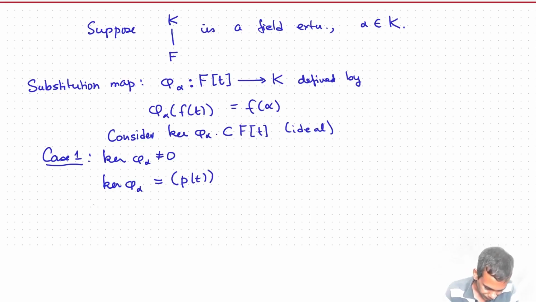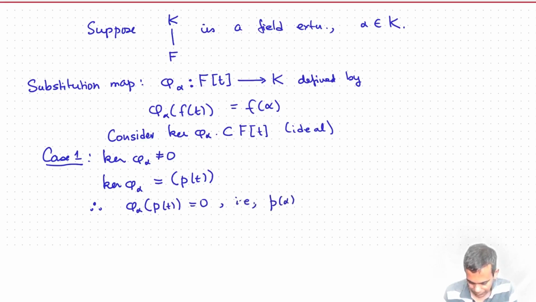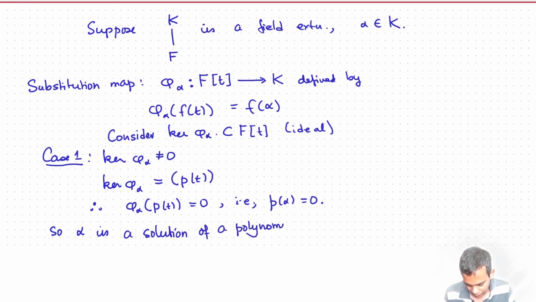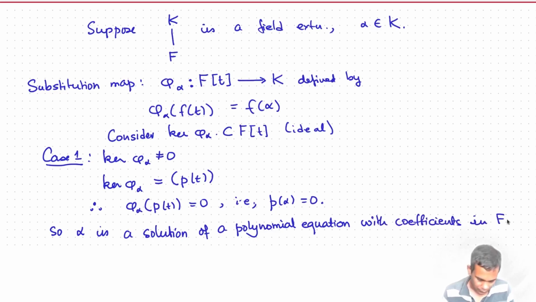This means that phi alpha of P is 0, i.e. P of alpha is 0. So what this means is that alpha is a solution to a polynomial equation where the polynomial has coefficients in F. So alpha is a solution of a polynomial equation with coefficients in F. Okay, in this situation we say that